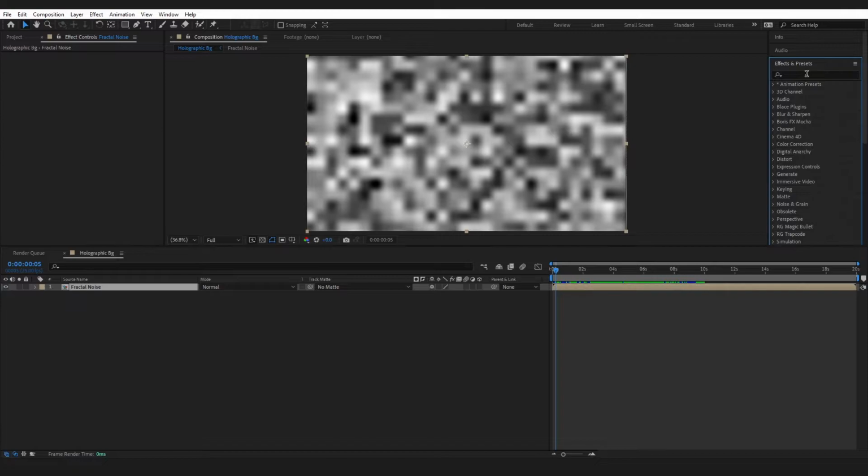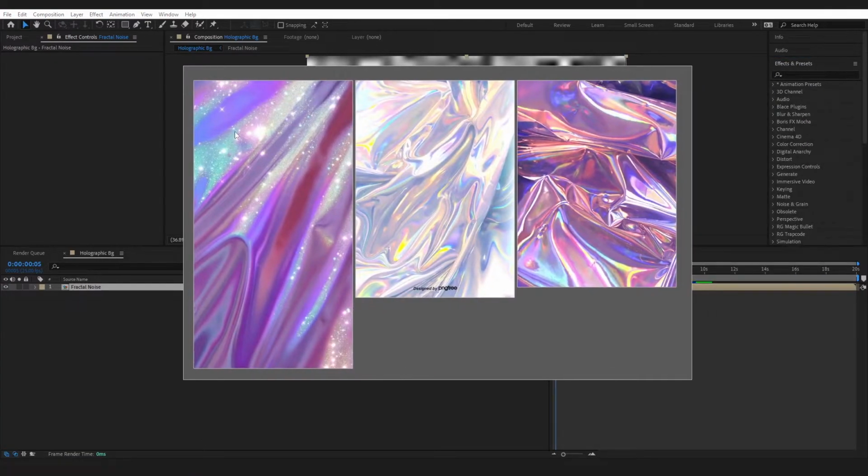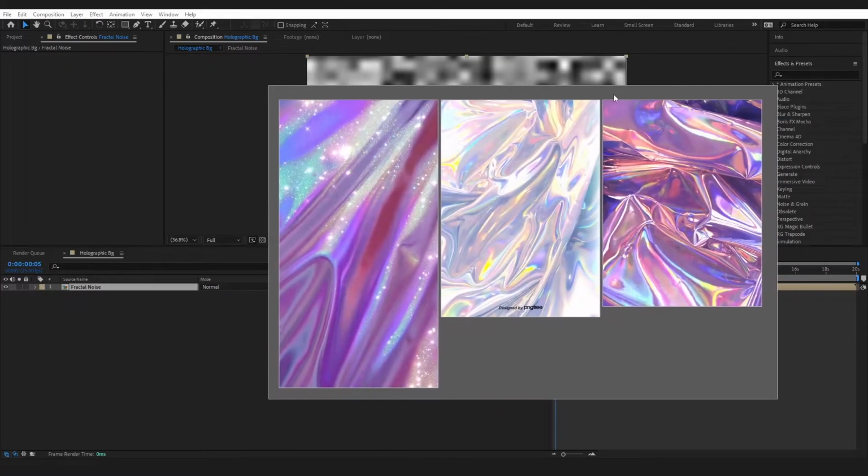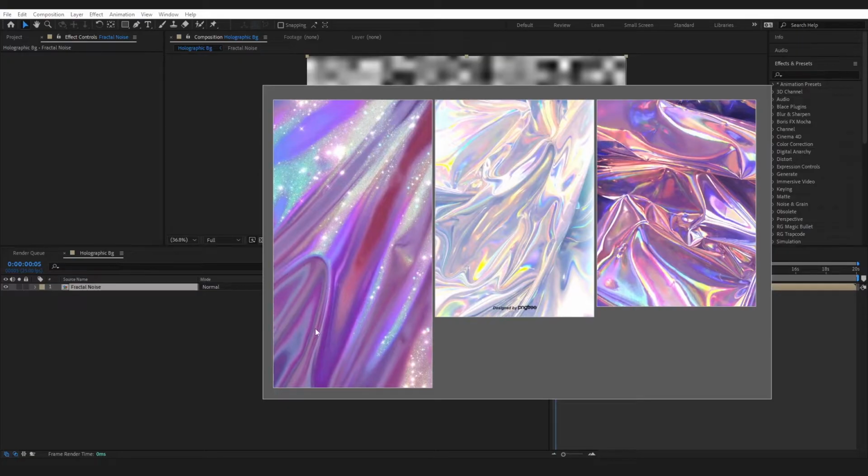Now we are going to make our holographic background, and I have some reference images in front of me for the kind of look that I'm going for. I'll link any resources down below. These don't belong to me, but if you want these ones in particular, find any on the internet. You can see that there's lots of round smudges and that kind of thing. So this is the look that I'm going to try and emulate with my next